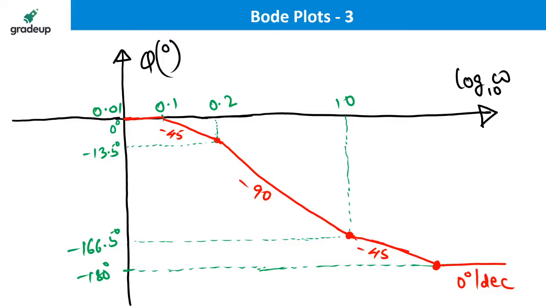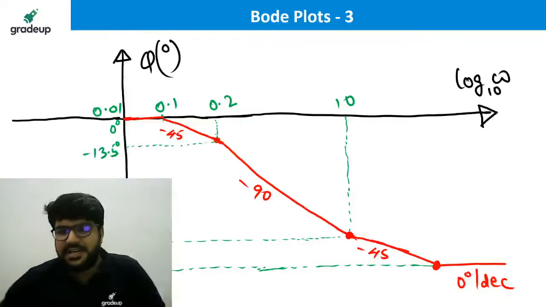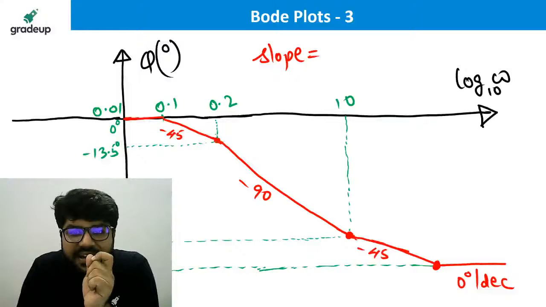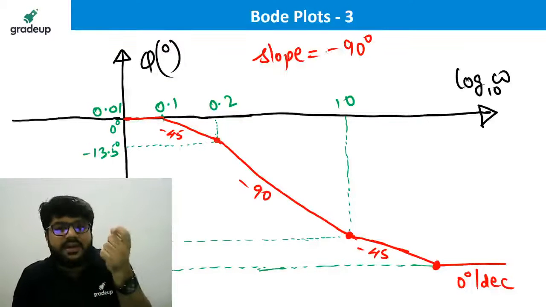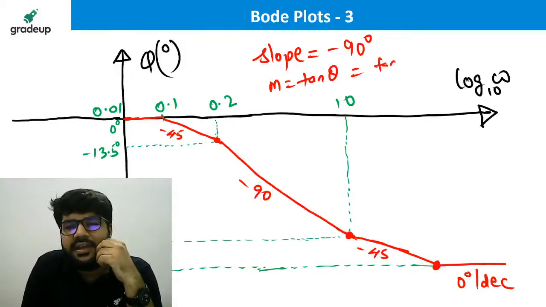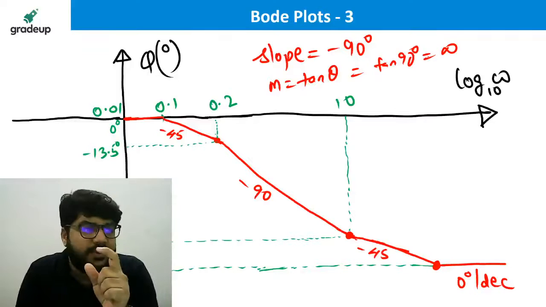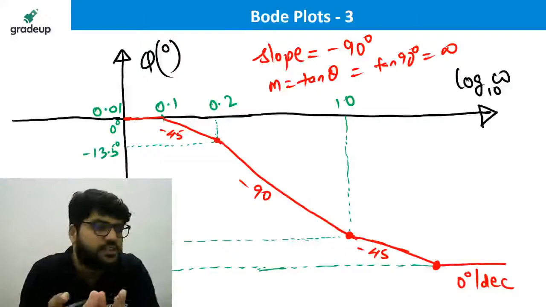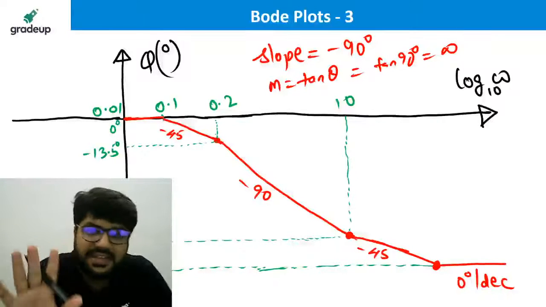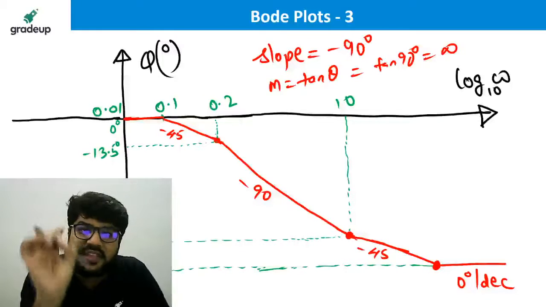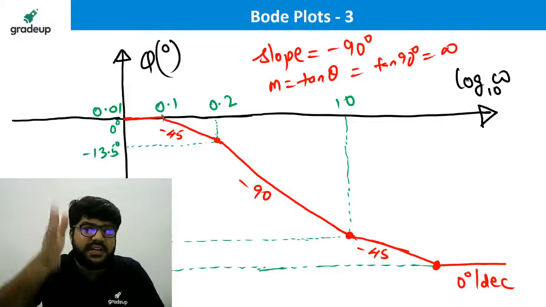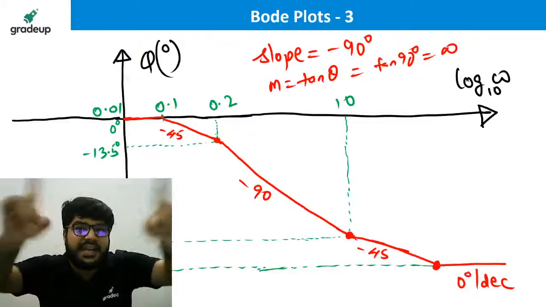Okay guys, about that minus 90 degree issue, listen to me. Here I have directly given you the value of slope. I know what you are relating it to. You are relating the slope as tan theta, and tan of 90 is infinity. But guys, I am not telling you that 90 is any angle. I have given you the value of the slope only. The value of the slope is 90, which is finite. When will you get a vertical line? When the slope itself is infinity and tan 90 is infinity.